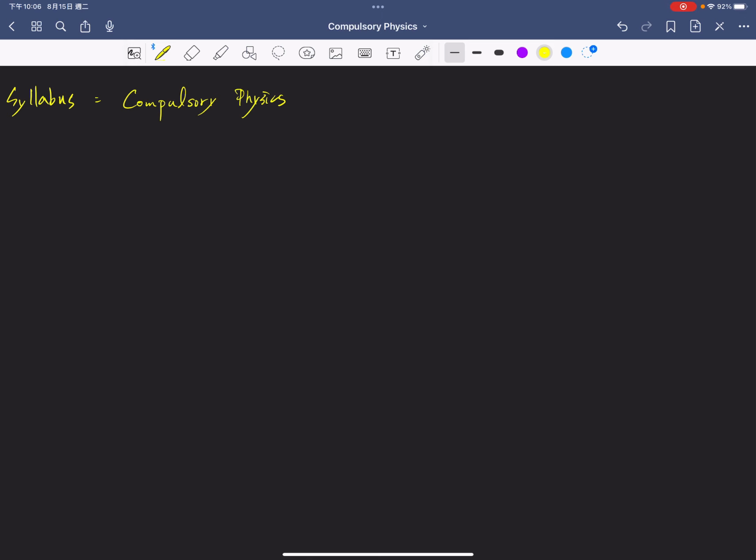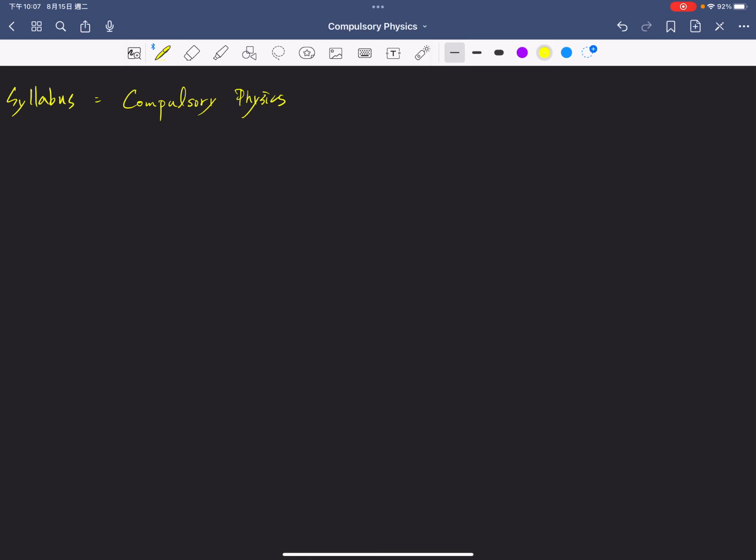Because I'm a high school teacher, I want to share some syllabus about compulsory physics. When students graduate from junior high school, they will maybe have some knowledge about physics. However, when they enter high school, the basic knowledge is not enough for us to handle the physics years, or even the three years of high school. So now I want to start the introduction to our syllabus about compulsory physics, so that you can enjoy compulsory physics and do it well.